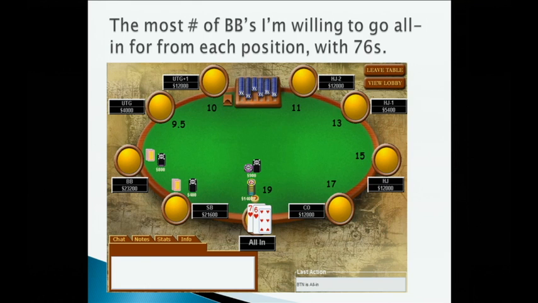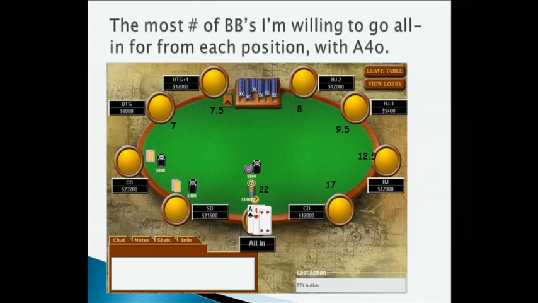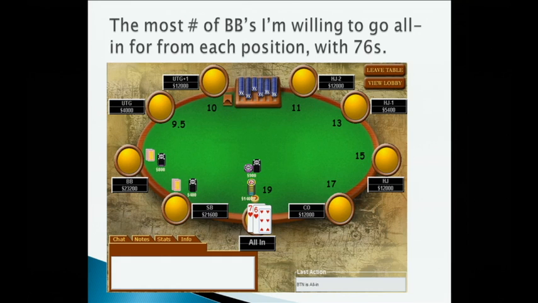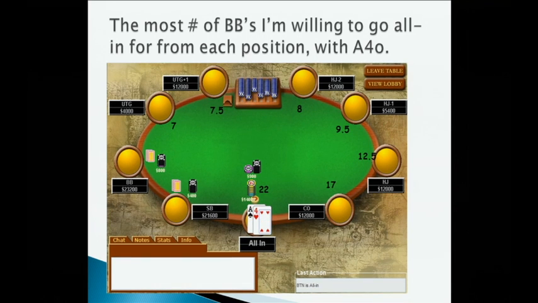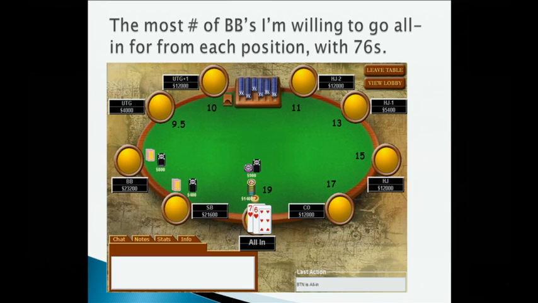What do you notice about these two curves? It's much more linear than the other one. Right. So this one is very curved. This one is 1/x. This one is a lot flatter, right? It's 9.5 under the gun, which is more than 7.7 for ace-4, but ace-4, it's 22 from the button, whereas for 7-6, it's only 19.